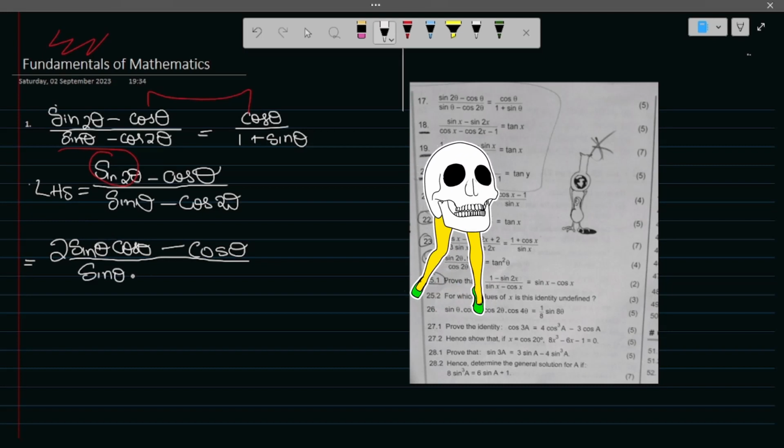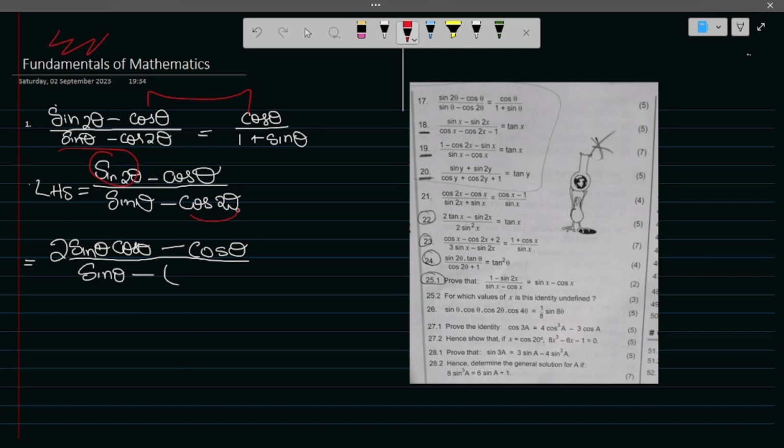sine theta minus, right? So now you're going to have to solve for this cos 2 theta. This is also a double angle, guys. So how do you solve it? You're going to make the denominator one trigonometric function, meaning you're going to choose sine here. So it's going to be 1 minus 2 sine squared theta, which is all equal to